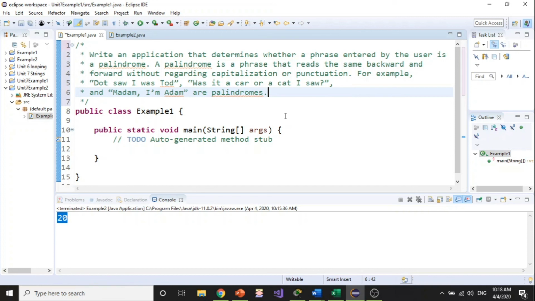The idea here is basically you need to have 2 strings. And 1 string where you have all the characters. Remember, I'm going to assume that there are no numbers. Even if there are numbers, I'm not going to take numbers into consideration, so just going to go with characters. So I'm going to have to take all the spaces out, all the punctuation out, and convert all the uppercase to lowercase,